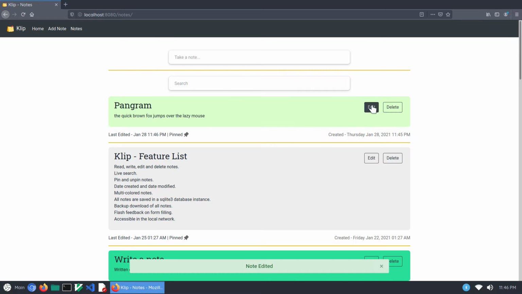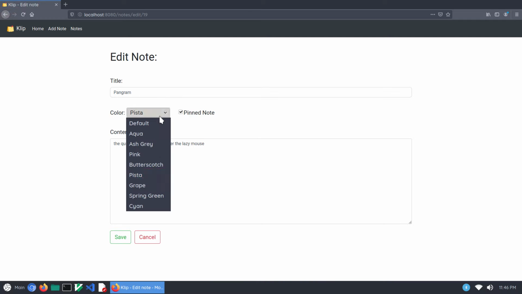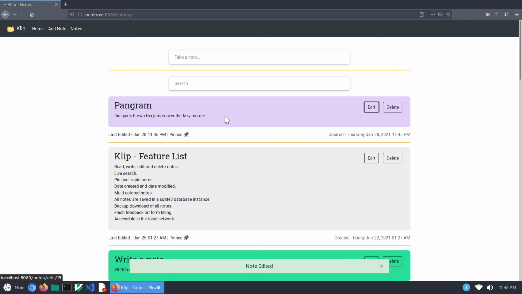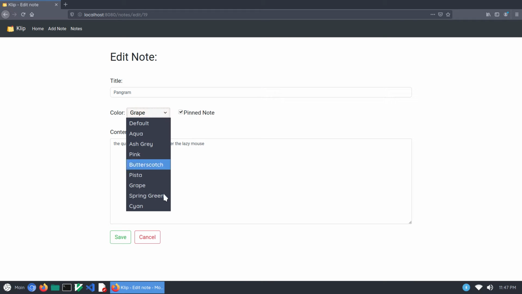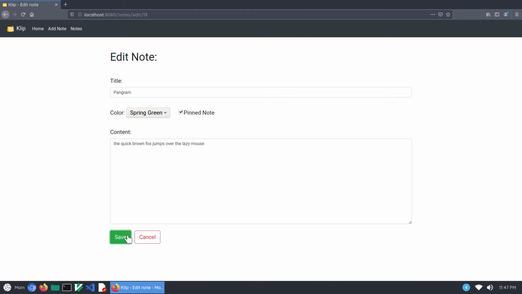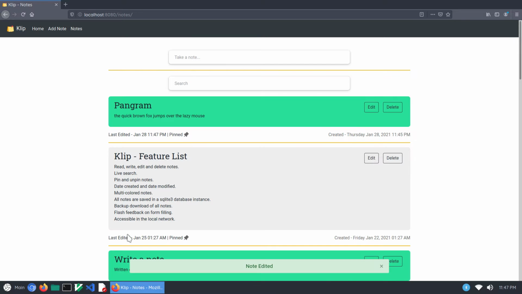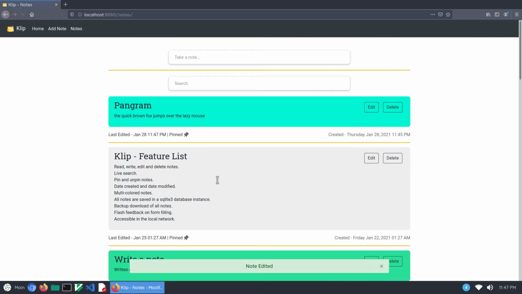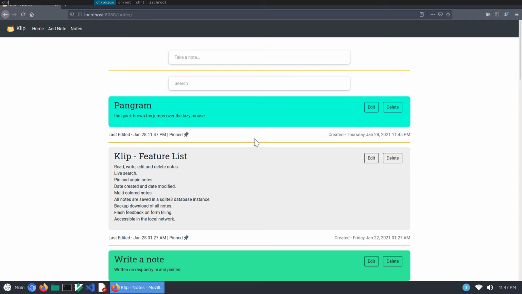If you see the pattern, most of the colors are named after edible things, you know, like grape and spring green, then cyan. Okay. Even Google Keep provides color coding of notes, so this feature was mostly copied from them.